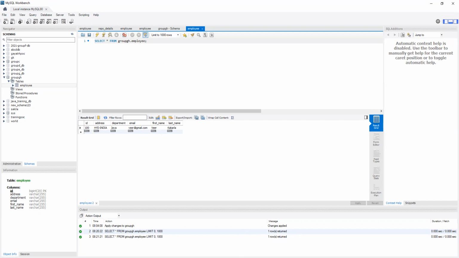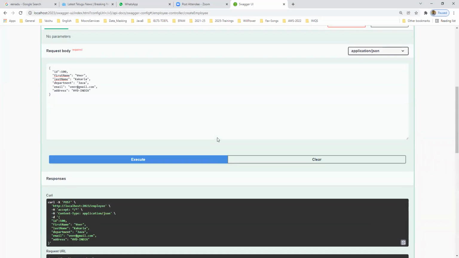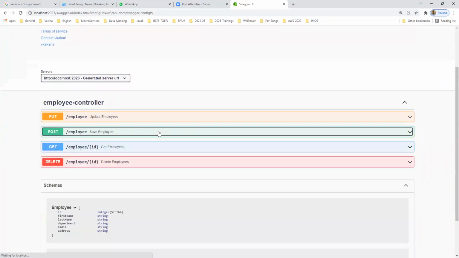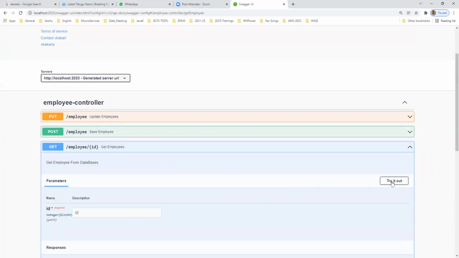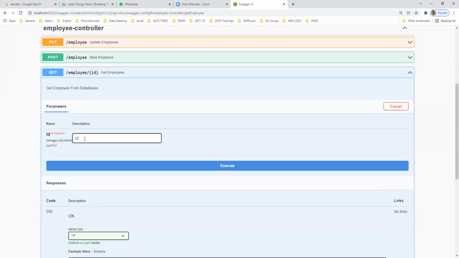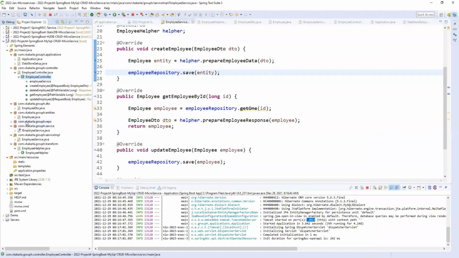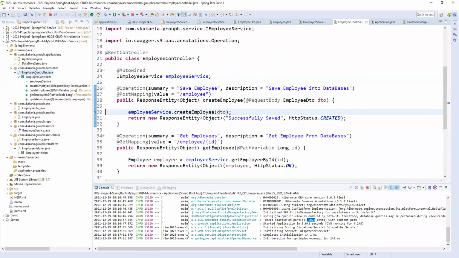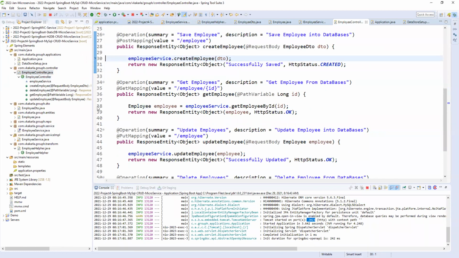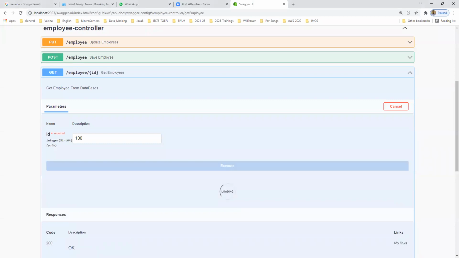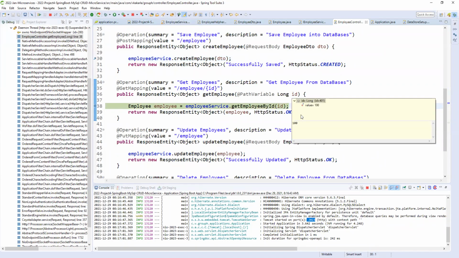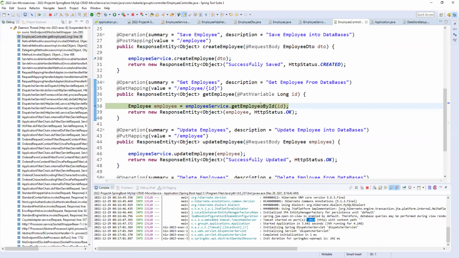Coming to the second operation, get employee. We are checking get employee, how we can copy the values. I am passing 100 here as the ID.